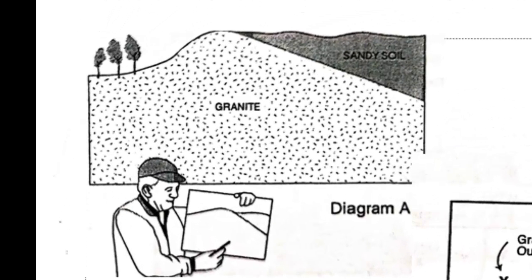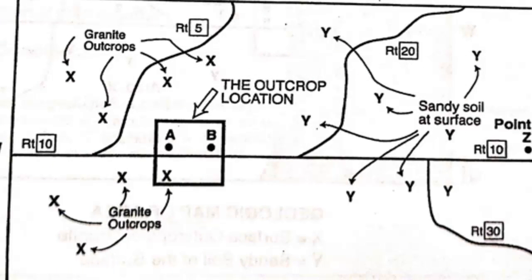So you sketch a drawing of it and you label the rock types that you see. While at the outcrop, you get a good idea of the rocks and the soil in the region. The rock is solid granite and the soil on top of it is sandy. So we're going to plot the location of this particular outcrop on a road map so that we may visit